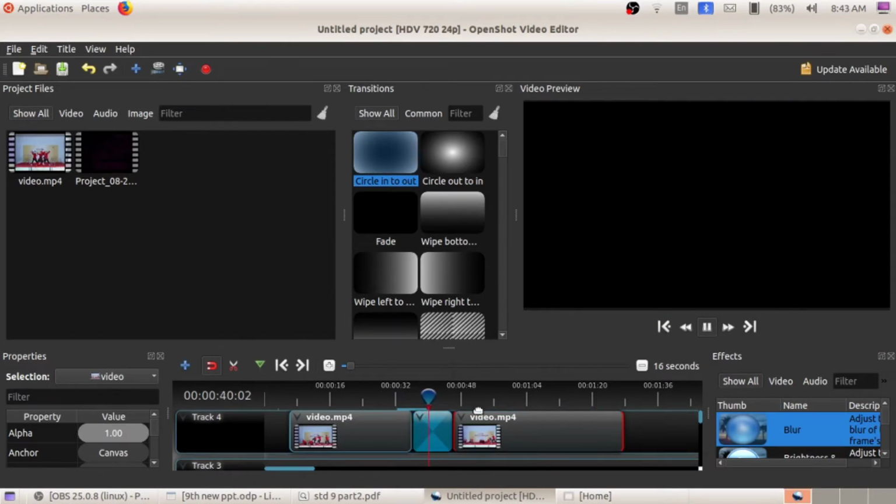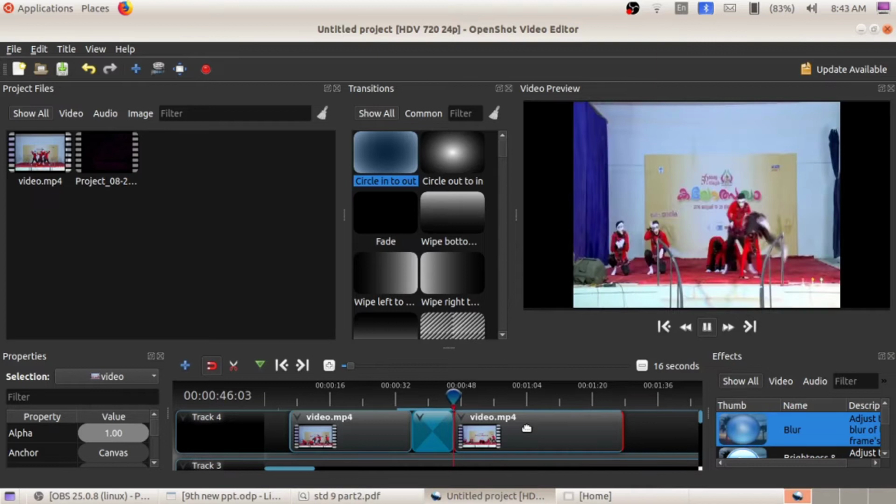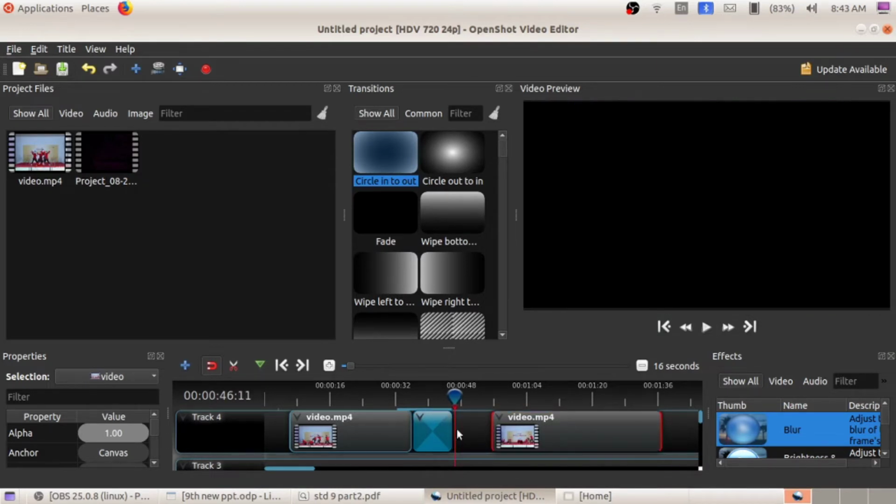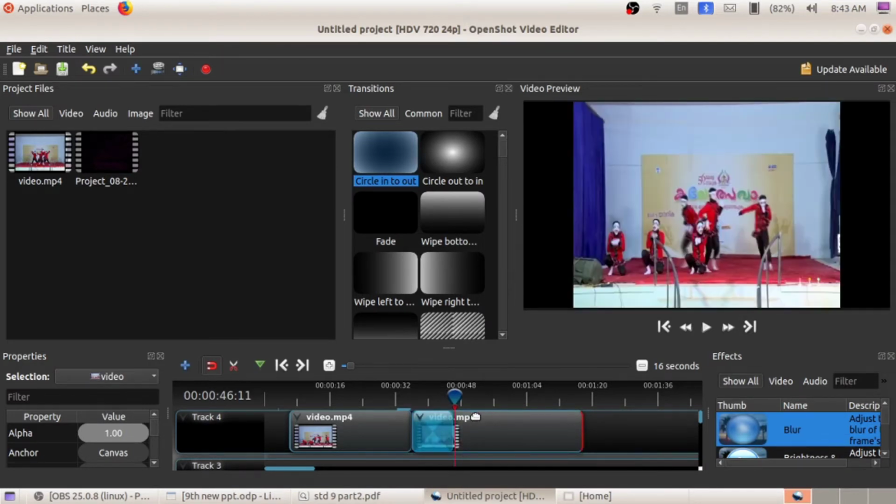See, in that transition time, the transition didn't get applied in this video part. While applying a transition, the one thing to be noticed is that apply the transition and then place the second video clip. Place the second video clip above that transition like this. Here you can see the transition in blue color and here is the second video clip.